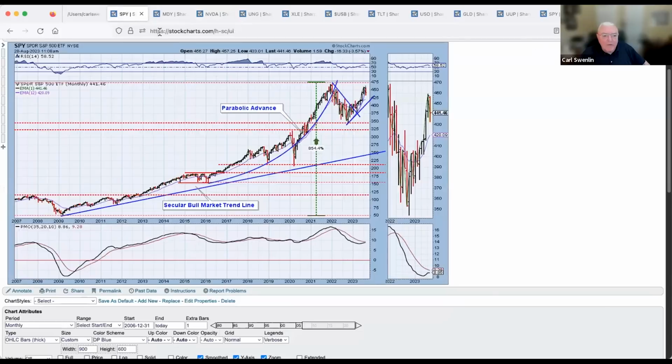What I forgot to do was, before I go to that, we have this, our monthly chart. It's not final, but notice that the monthly PMO was rising for about a month or so. And it looks to me like it has turned down below the signal line, which is very bearish, but it's not final till the close on Thursday this week. So keep an eye on that.